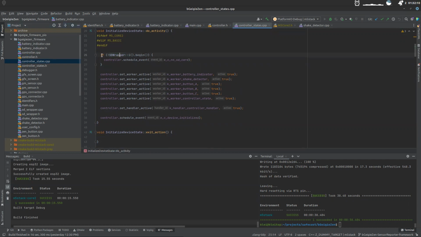Yeah, so I start the SD card thingy to see if it's available. If not, I'll just say there's no SD card. We start the workers that are necessary for the device to work, like the battery indicator, check detector, which doesn't really do anything. Could even comment it out, whatever. The buttons and the controller state,